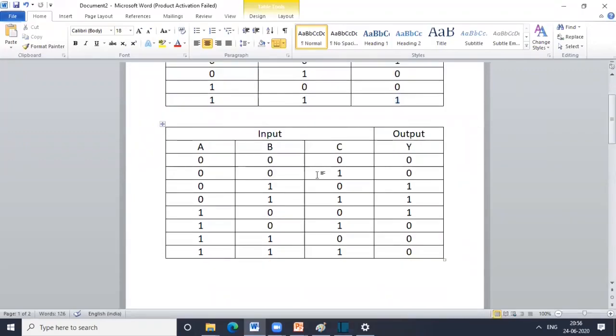Similarly, this next truth table indicates that there is some digital circuit which has 3 inputs and 1 output. And in that digital circuit, if I give input suppose 0, 1, 1, then what output is expected? 1. If I give input like 1, 1, 1, then what output is expected? 0. So in this way, a truth table gives us information about the output for all input combinations.